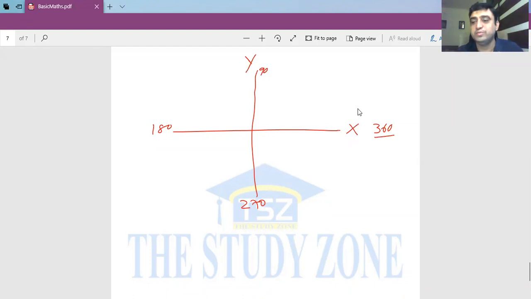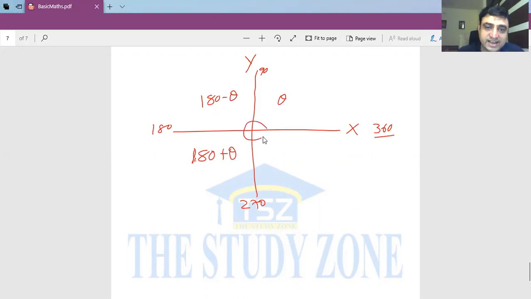Let us assume theta is an acute angle. So any angle in the second quadrant can be represented by 180 minus theta. For example, I want to represent 120 degrees. So can I write it as 180 minus 60 degrees? Yes, of course. Now the third quadrant angle can be represented by 180 plus theta. Like I want to represent 200, I can write 180 plus 20.